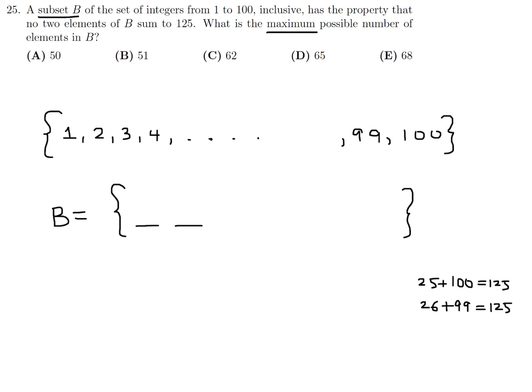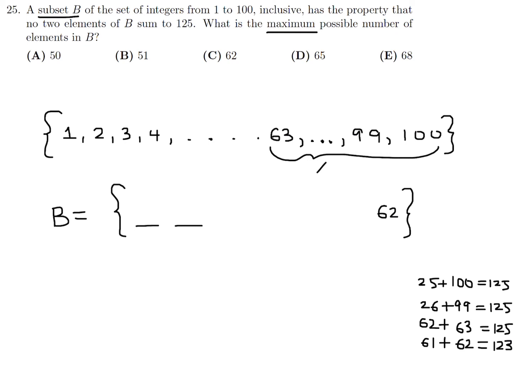So if we bring this list down to, say, 63, right? If you keep going here, 63 plus 62, that equals 125. So if I don't include 63 and I go down to 62, I think I should be okay. Because 62 plus any number less than 62, like even if it's 61, will be only 123. So that makes me think I've got to eliminate all the numbers that are from 63